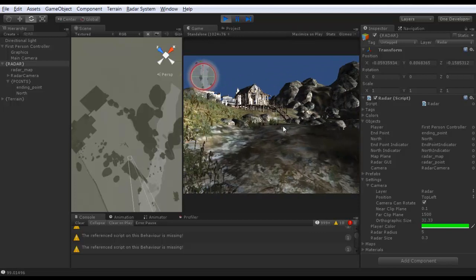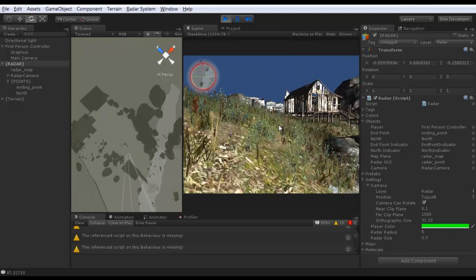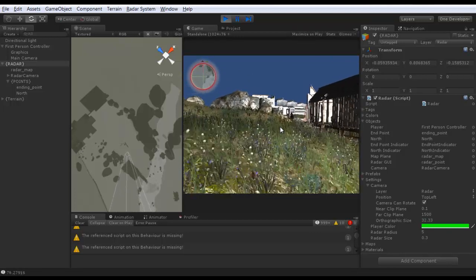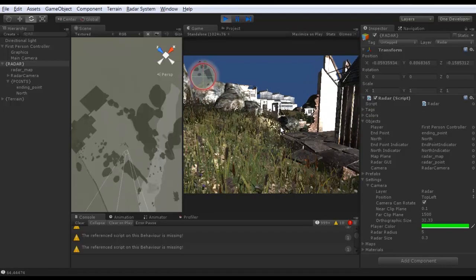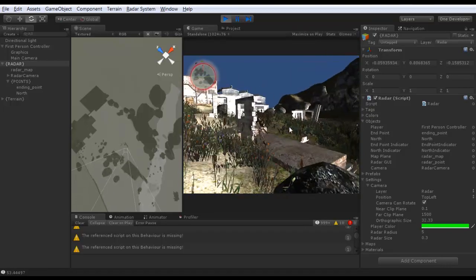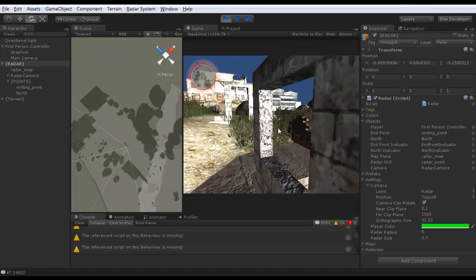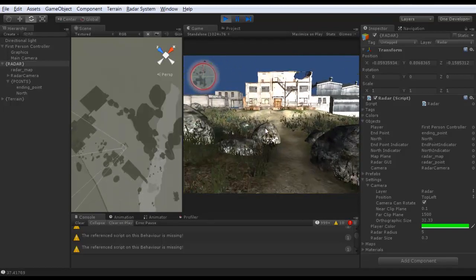If you remember the boot camp map, I was walking in the river. It had nice particle effects. I will go through all the boot camp, especially the one that you can download from